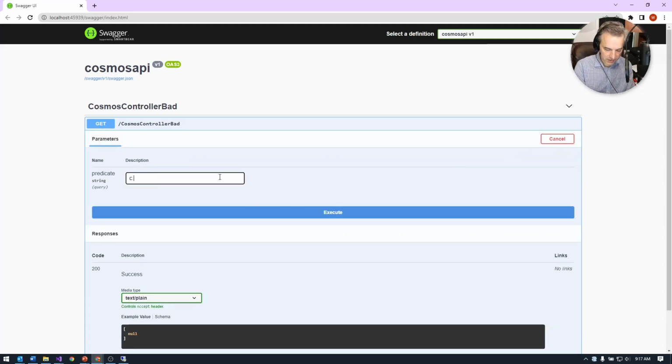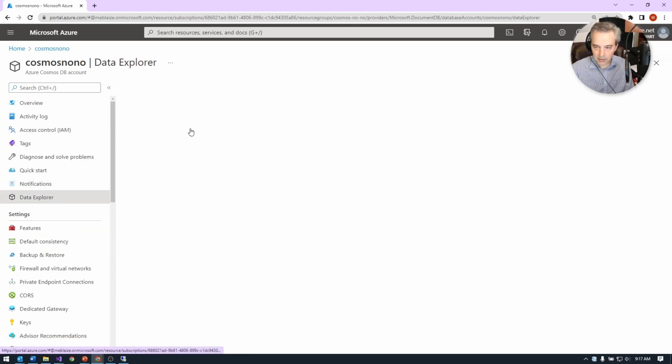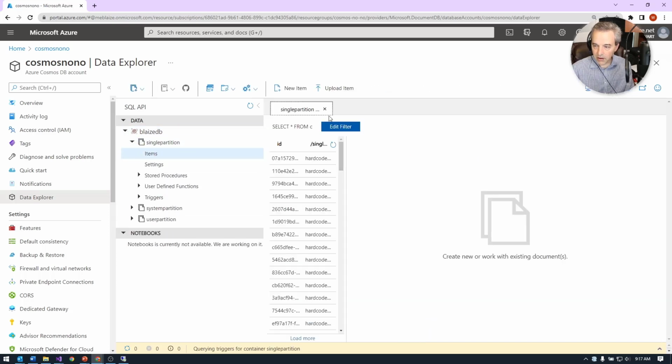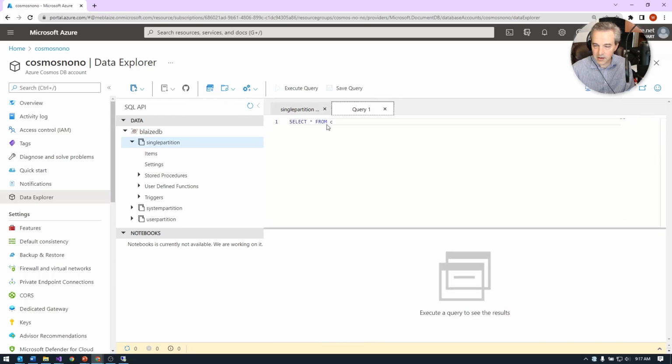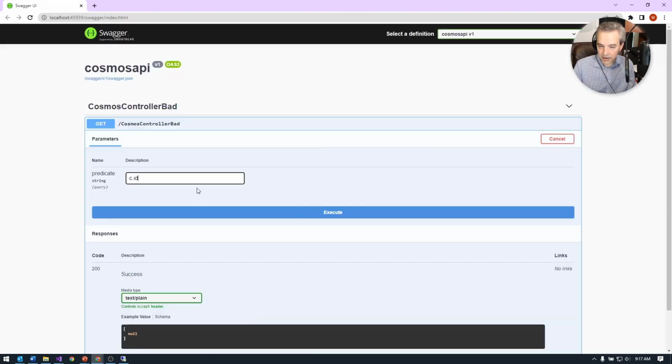And let's go c.id. Let me get that query that I ran a minute ago from the portal. So I have my Cosmos right here. Let me get a where clause that I know works. Let's just get this document right here, where ID equals this right here. So where c.id equals some value. And let's make sure this query works, which it should. And I'm just going to take this predicate right here